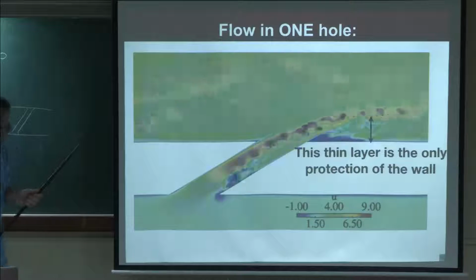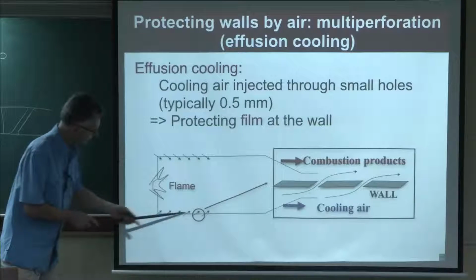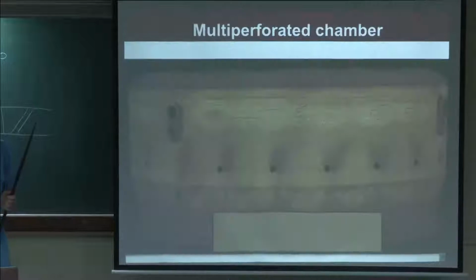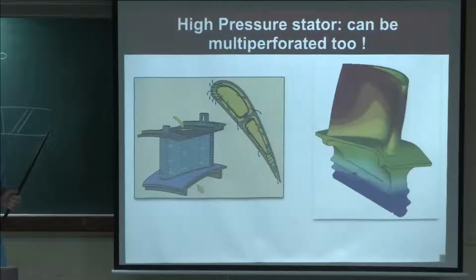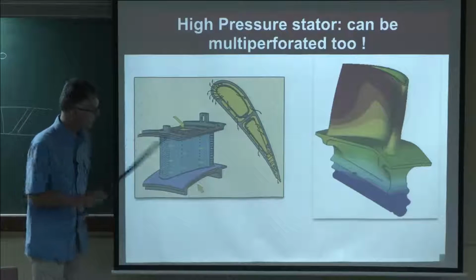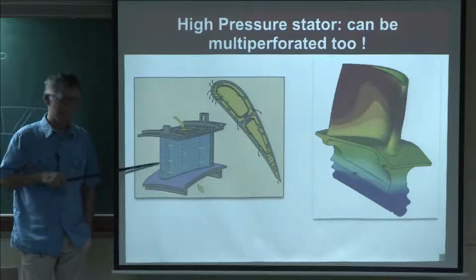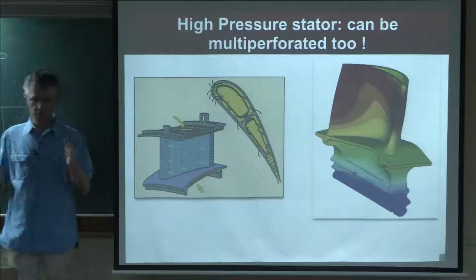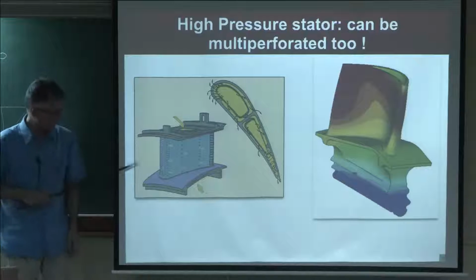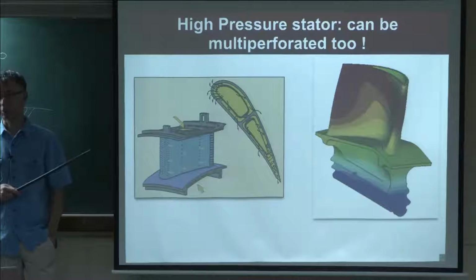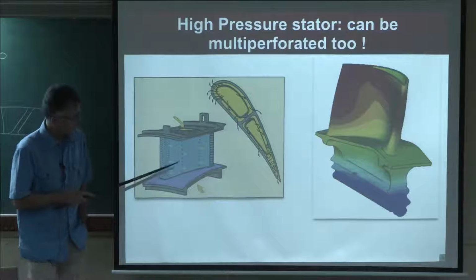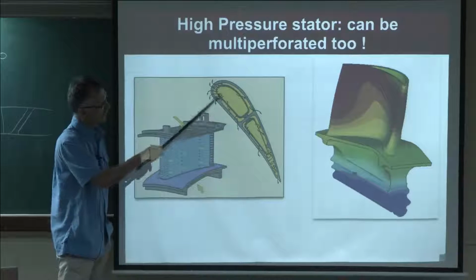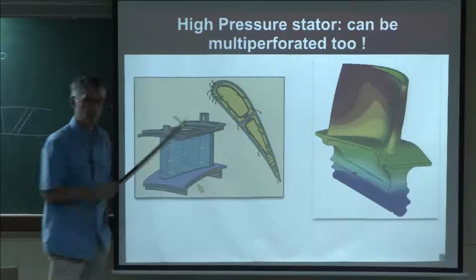So that's for the walls which are located here. Now, if we go to the outlet, we find the turbine. The turbine itself, especially in aircraft, the first part of this turbine is sitting right in front of the gases, so this is a very difficult life. This guy is just in front of the burnt gases, and there is a direct impact on it. So those things, in most cases, have to be cooled. How do you cool them? Well, again, you use multi-perforated plates here, and you let some fresh gases go into the blade and then out of it, and so you try to cool all these things.